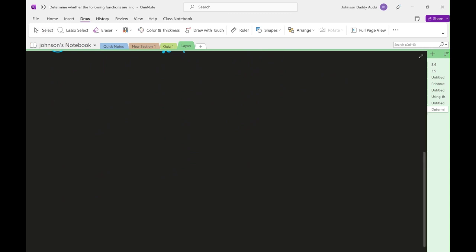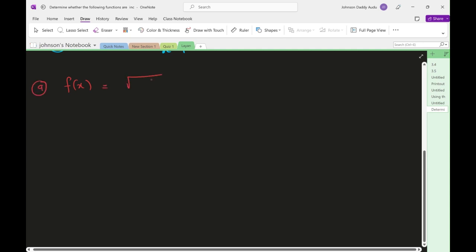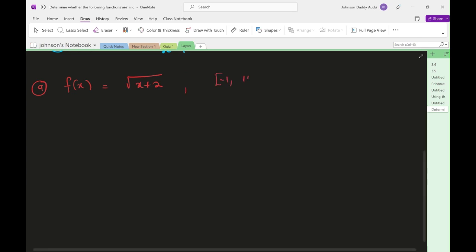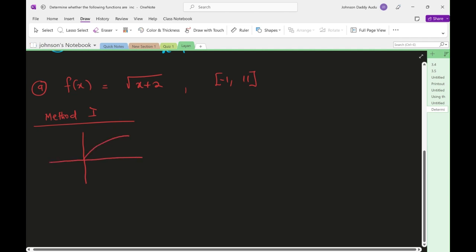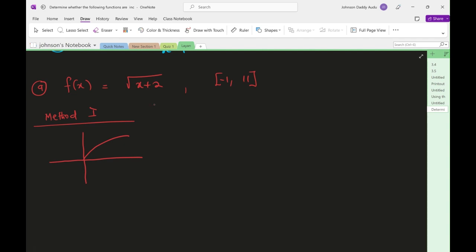what is A? A is f of x equals square root of x plus 2, between -1 and 11. So let me use the first method. The first method is just going to be graphical. So you're going to graph this function. How do you graph this type of function? You start with the square root of x, because this is a square root function. And with a plus 2 here,